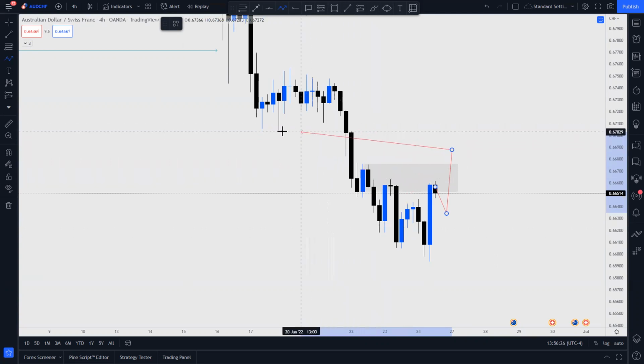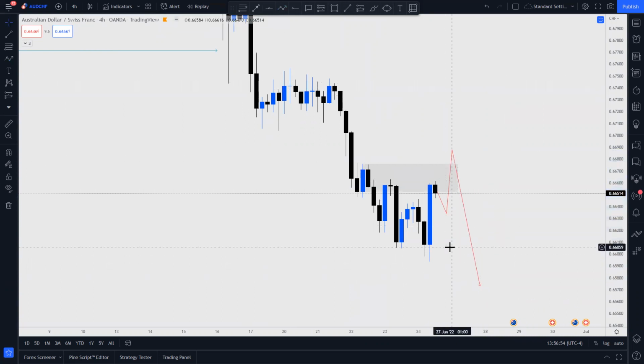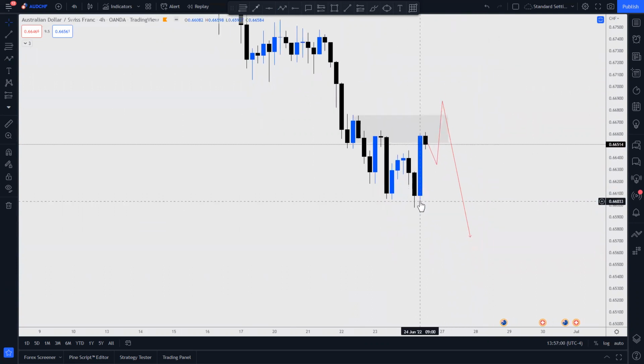I don't think we're getting past this, honestly. If we do, that's fine. But I'm looking at this bear market, the higher time frame bearishness, and I'm looking for that to continue. I'm looking at this as a corrective move here, after price reached all the way down. See how we had trouble getting any lower. I'm looking at price maybe to come back up here and then take that low out. On Aussie Swiss, I'm looking to see these lows being taken out here.